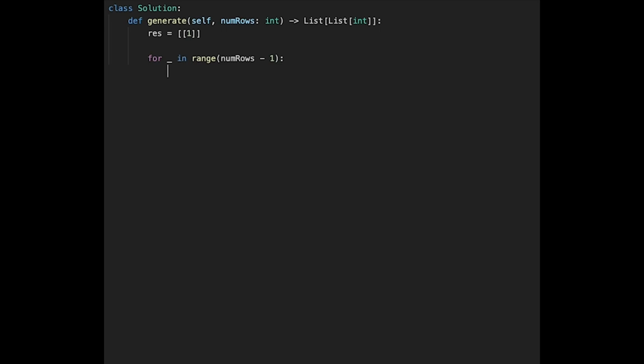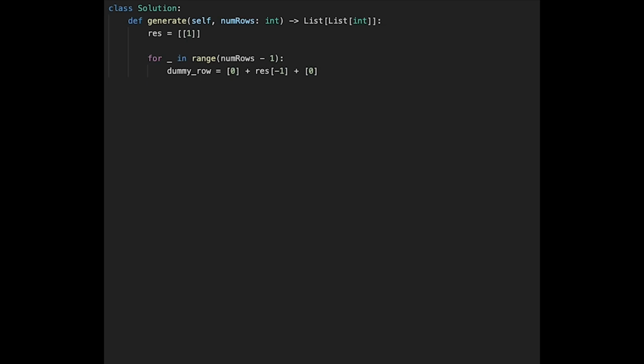Let's call it a dummy row equal to 0 plus result minus 1 plus 0. This result minus 1 is the row right above the current row. So if you are in the second row, this means the first row, and add 0 to the head and end,